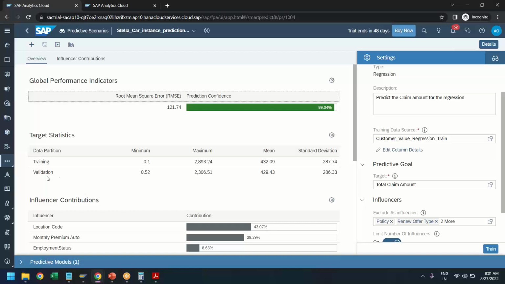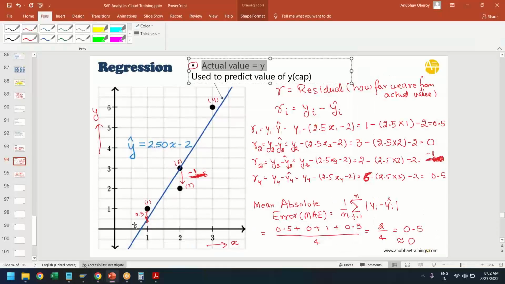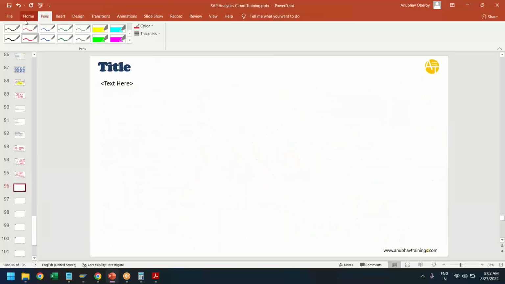Then we have the training and validation process. During the training, the minimum error was 0.1 and the maximum was this much. The mean value of each residual was 432 and the standard deviation was 287. Now, what is this minimum and maximum? I already explained that there are some data points which are above the prediction line and some below the prediction line. So what you can do is, if you just go back